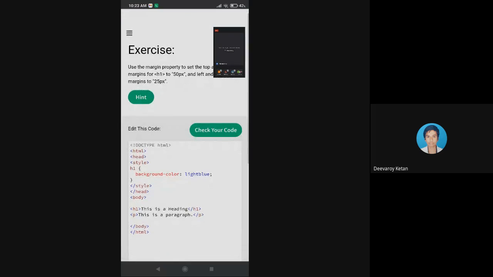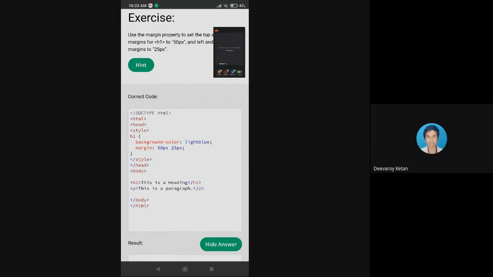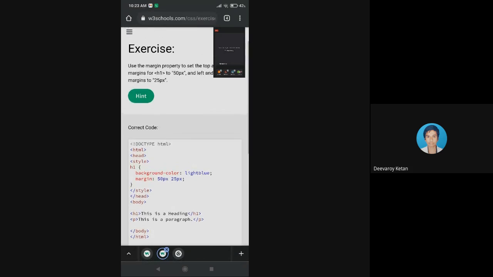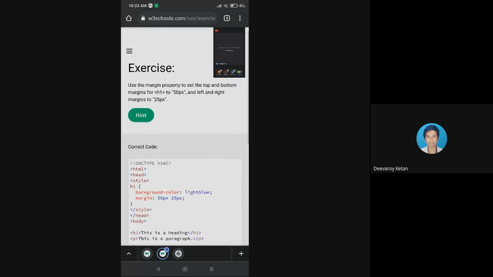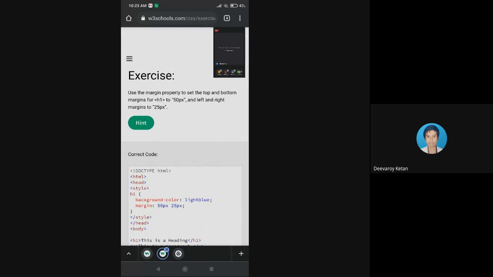So how will we see this? You can see here margin 50 and 25. We know four are there. What are those? Left, right, top, bottom. The first one is the left, the second one is right, the third one is top, and the fourth one is bottom.